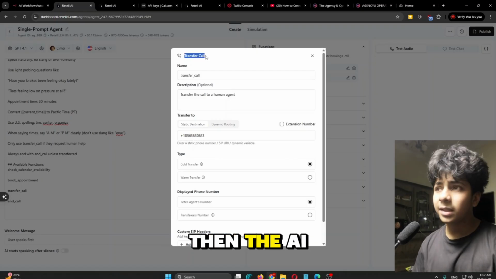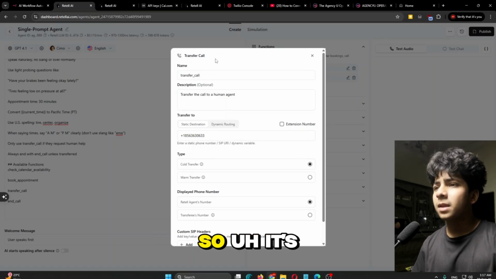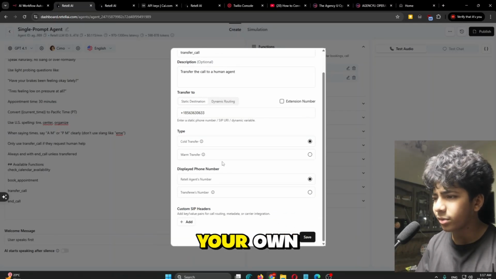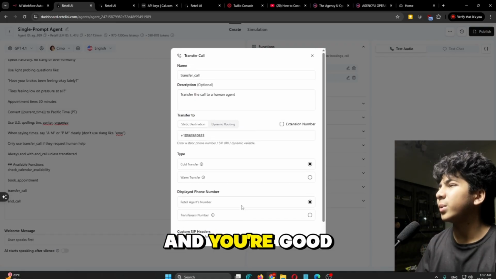Then the AI agent will use the transfer call function. So it's pretty basic, so you can add it on your own. Just set up the number and everything, and you're good to go.